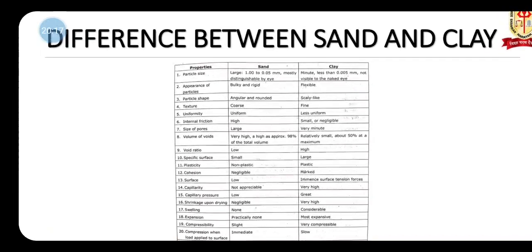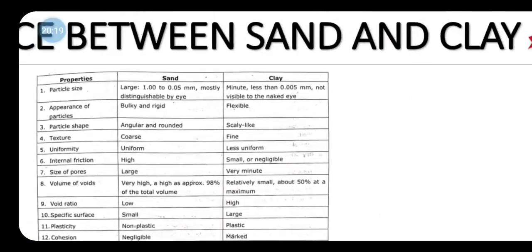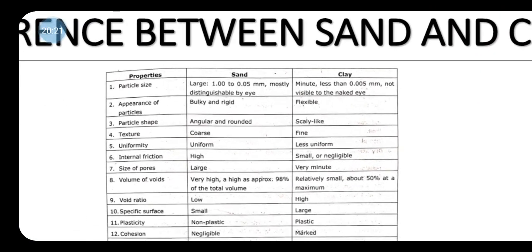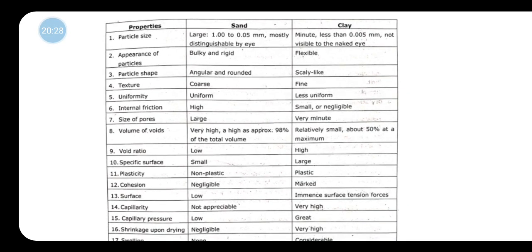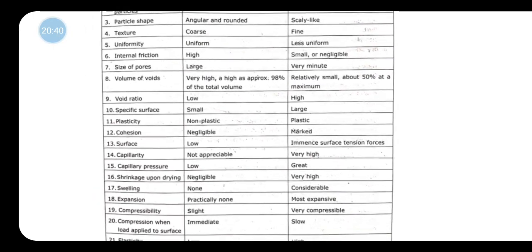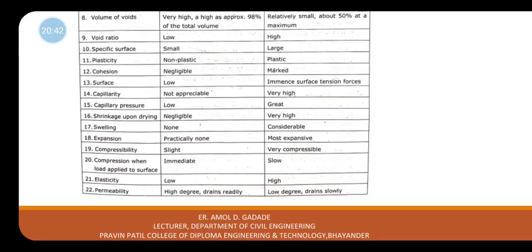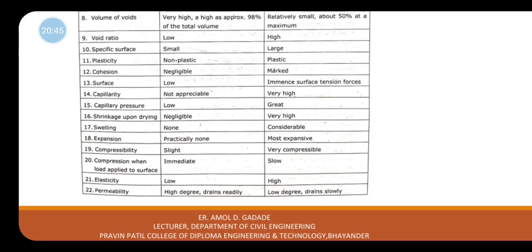And here is the difference between sand and clay according to various properties. You can see here: particle size, appearance of particles, particle shape, texture, uniformity, internal friction, sizes of pores, volume of voids, void ratio, specific surface, plasticity, cohesion, surface, capillarity pressure, shrinkage upon drying, swelling,